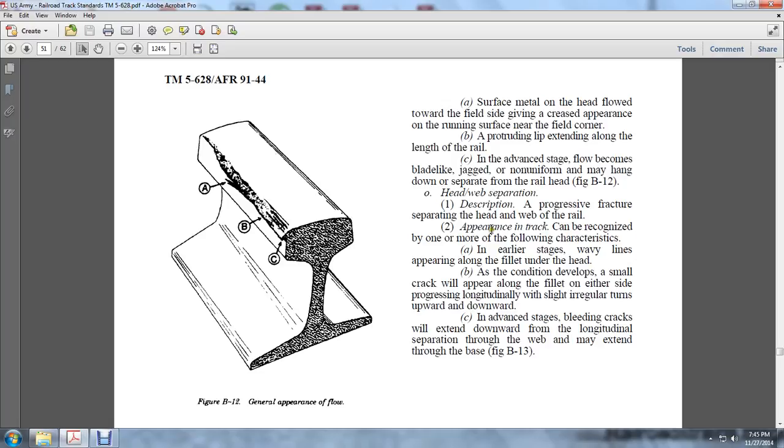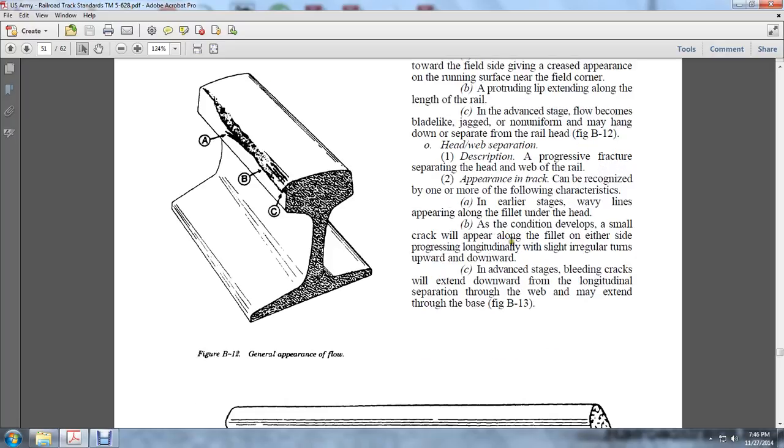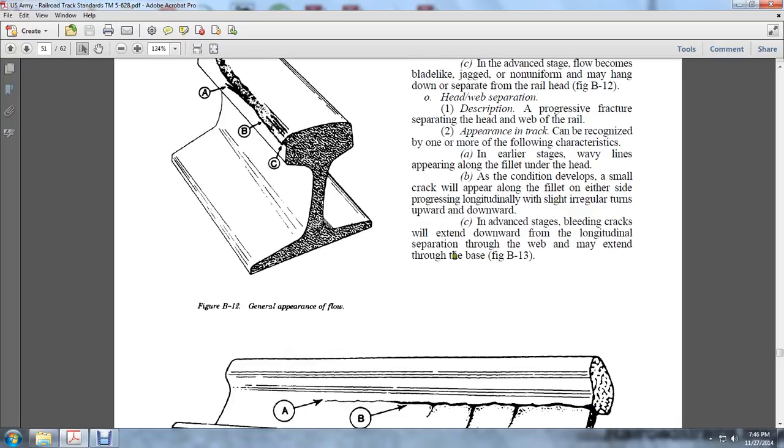Appearance in the track: it can be recognized by one or more of the following characteristics. In the early stage, wavy lines appear along the fillet under the head, and in this condition a small crack develops along the fillet on either side, progressing longitudinally with slight irregular turns upward and downward. In advanced stages the cracks bleed and end downward, with longitudinal separation through the web that may extend to the base. Here you see the flow of the